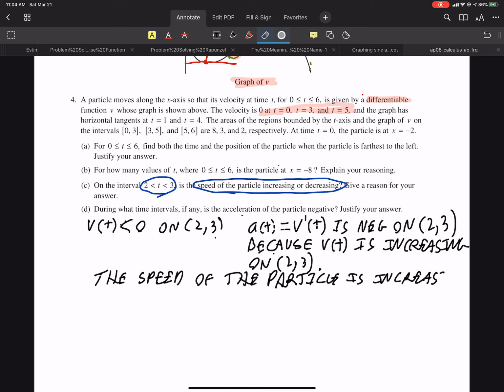Clearly, if v of t is increasing, it should be positive on that region. And then that changes my answer. The speed of the particle is not increasing. Oh, things are okay now. All right. The speed of the particle is decreasing